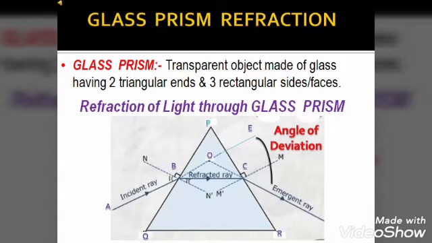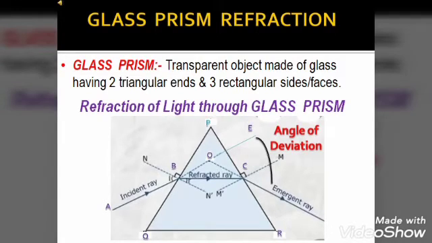As you can see, AB is the incident ray going from air into the glass, then it bends towards the normal BN dash and goes along the direction of BC inside the glass prism. So BC is the refracted ray, that is, it bends towards the base QR of the prism. Now when the ray of light BC travels in the glass prism, it comes out through a point C. So refraction is again taking place. BC is going from glass into air, so it bends away from the normal.